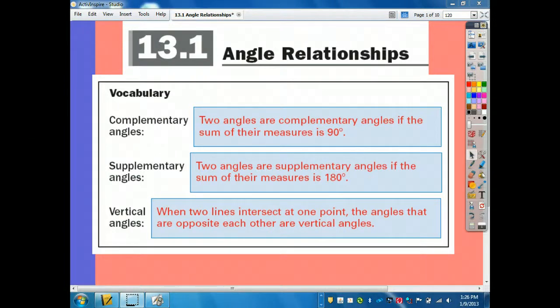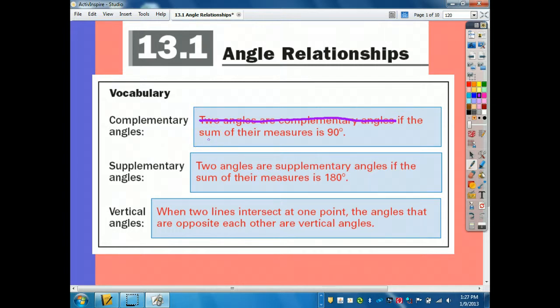All right, back from after Christmas, we have chapter 13.1, angles and relationships. I'm hoping that this will be a little bit of a review. You've had this in the past, talking about complementary angles, supplementary angles, and vertical angles. Two angles are complementary angles if the sum, when you add them together,